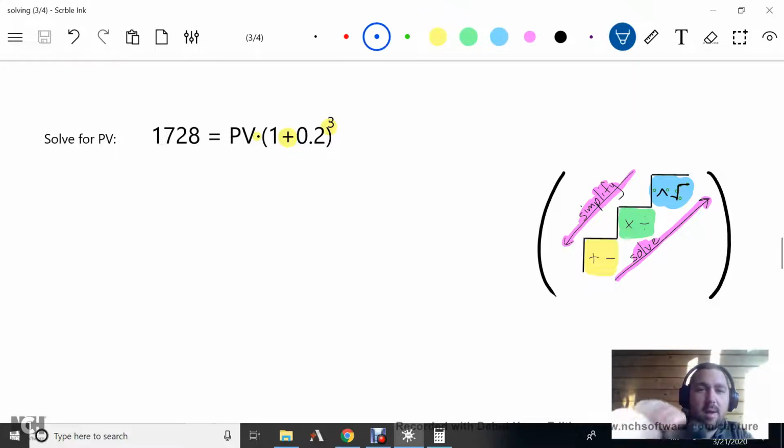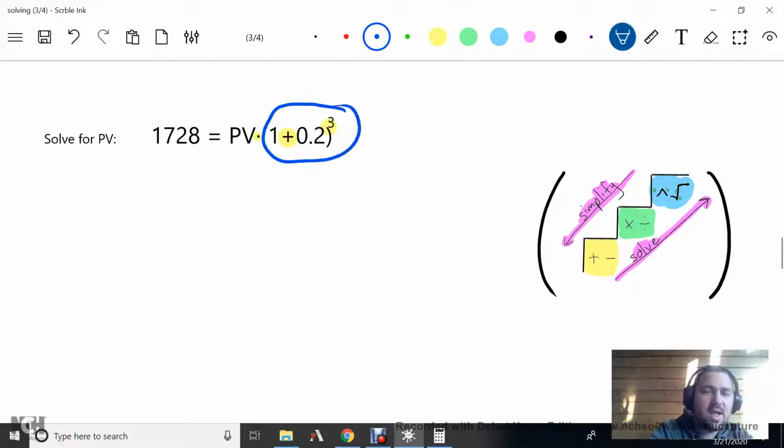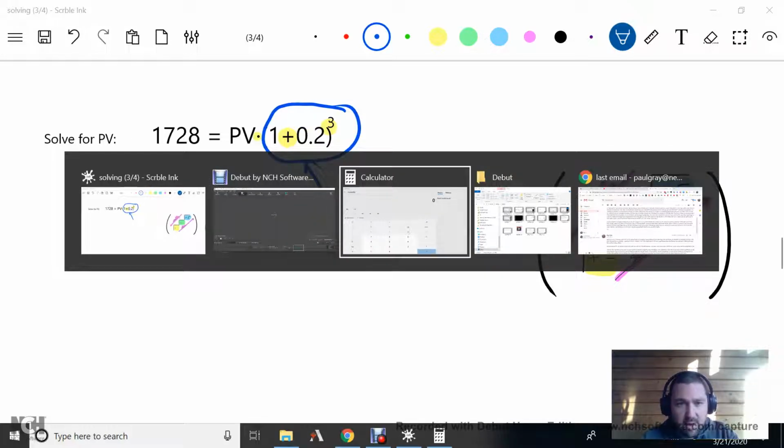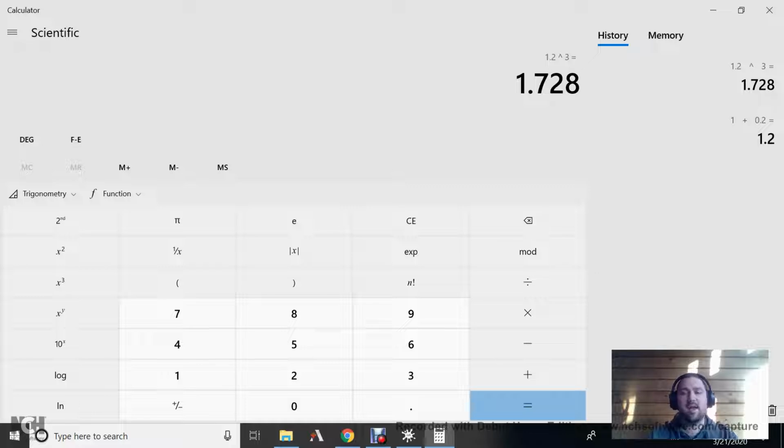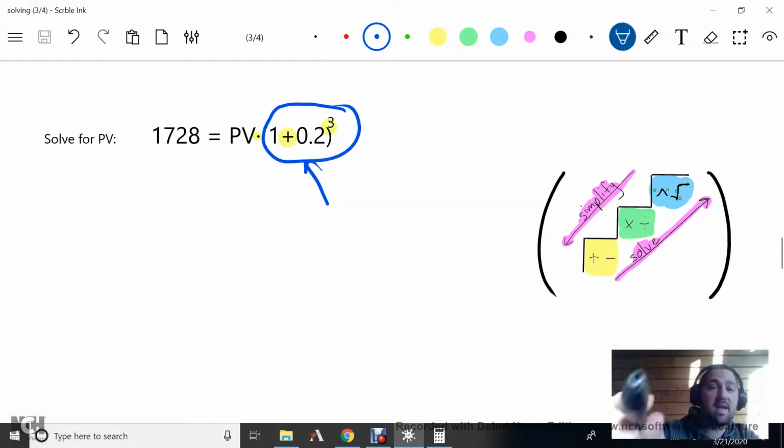All of the operations within this part of the equation you can actually simplify. So the first thing that we're going to do here is we're going to simplify 1 plus 0.2 to the power 3. We'll do it with the calculator. We go to the calculator. We do 1 plus 0.2. We do that to the power of 3, and that gives us 1.728,